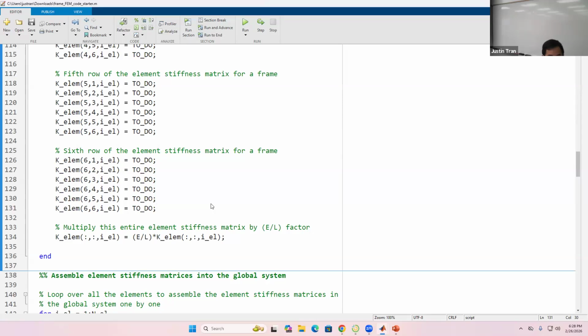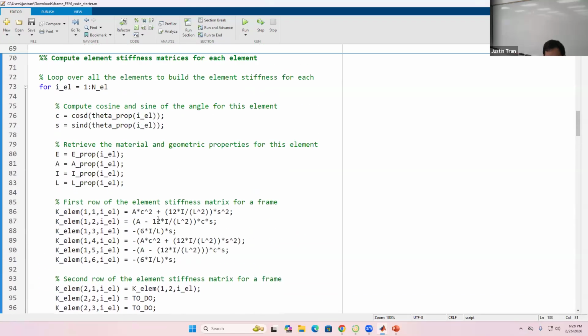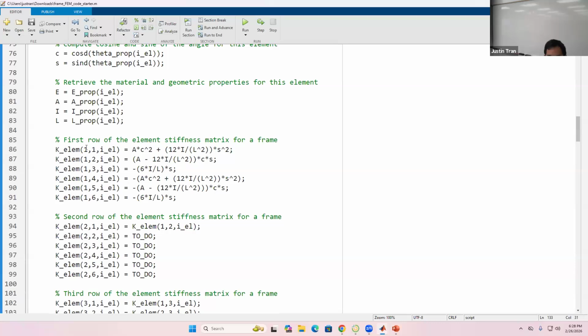Actually, that's the last thing we're doing. I apologize. The only thing we're doing in this line of code is multiplying E over L. The other thing that you've hopefully picked up on already is that we are specifying the 6x6